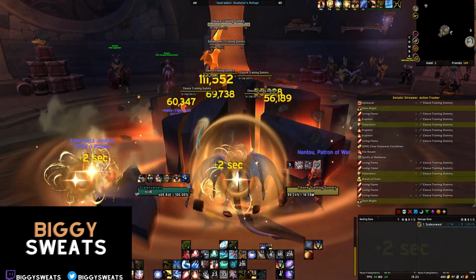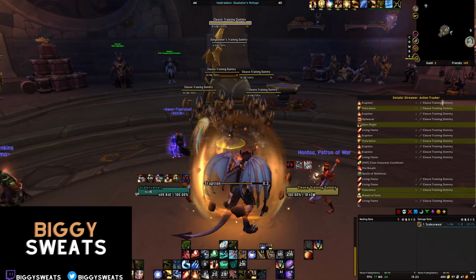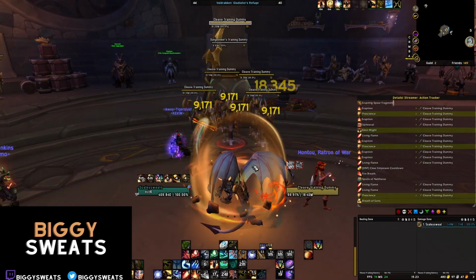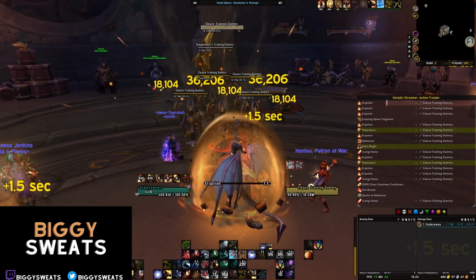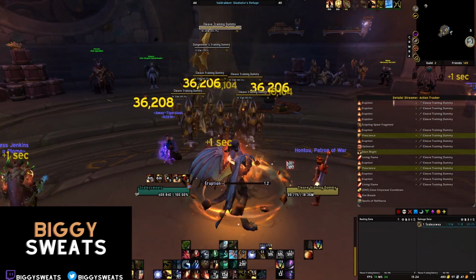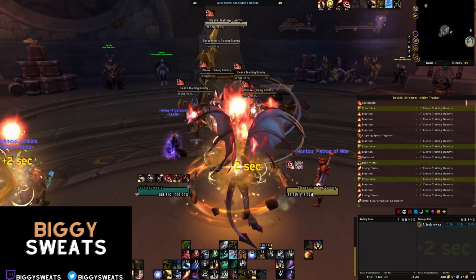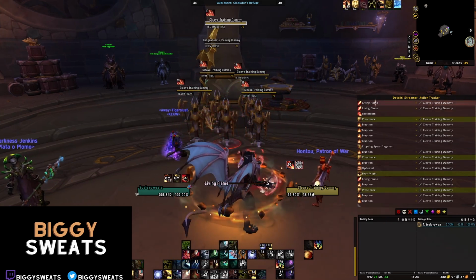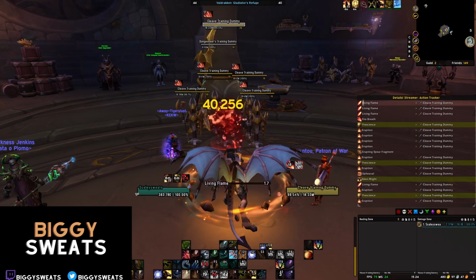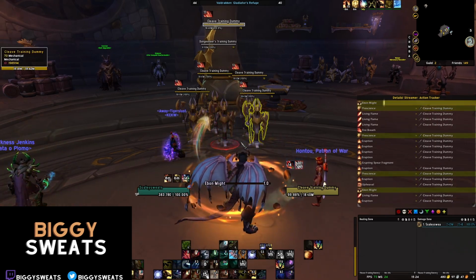Now, the rotation is as follows. You're going to use Prescience on the next Ebon Might targets, refresh Ebon Might with less than 4 seconds remaining, cast Breath of Eons if Ebon Might is up or has 4-second cooldown, pair active buff trinkets with Breath of Eons and Temporal Wound, using Rock Crusted Voodoo Doll on cooldown if you have it, Living Flame with Leaping Flames and Fire Breath on cooldown if you're using Leaping Flames, Fire Breath at Empower rank 4 with Ebon Might, Upheaval